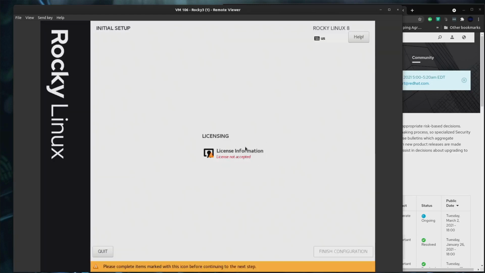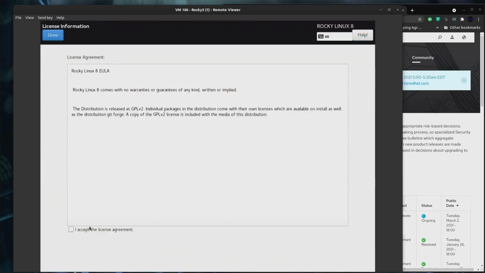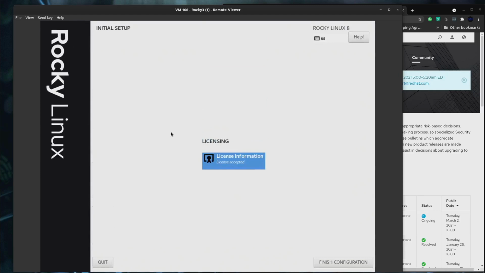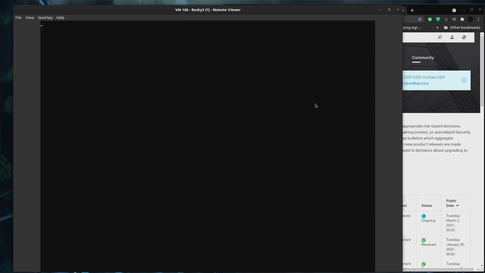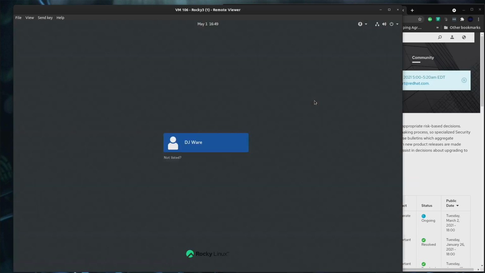This is here because in the Red Hat setup, the license information is where you put your subscription key. So I imagine that this is just simply staying compatible with what Red Hat has, except in their case, they're just giving you some information about the EULA. And then we'll finish it, and then it should come up with the normal GNOME. Here's some helpful tips on your keyboards and all that. So once I get logged in, one thing to check,